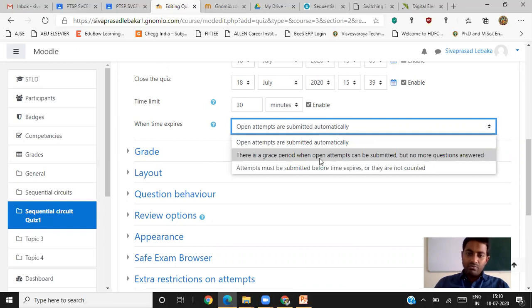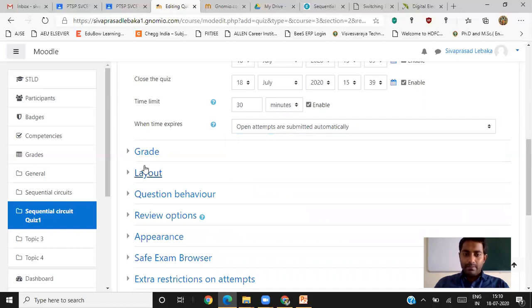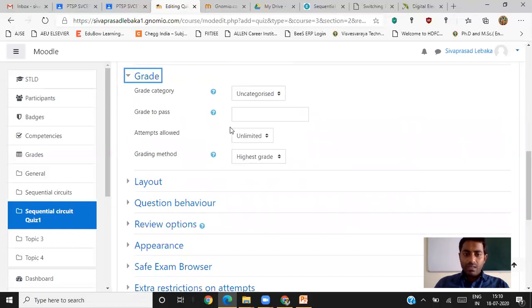There is a grace period if you want to select that option for the students. If you want to give them an option, you can select like that. Okay, and go for the grade. What is the grade to pass? Suppose if you are conducting 10 questions, if he is answering 5 questions correctly, okay, and they will get 5 marks. Is it the 50% is the pass, or 60% is the pass, or 40% is the pass? You can select in your own proper way for each and every examination separately. I want to give grade to pass in this quiz is 4 marks he has to secure out of 10.